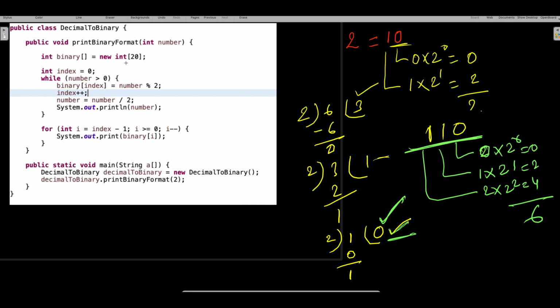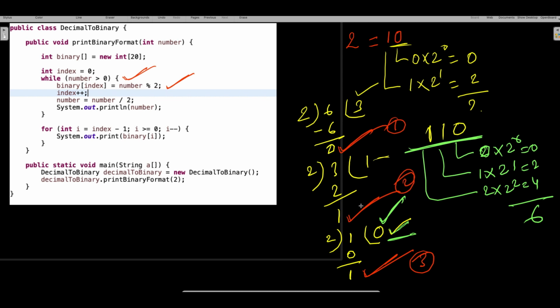So you can look at that. If you look at my program now, this is my first condition: when number is greater than 0, right? If this is the case, forget about the binary and all that for now. Do not focus on that. Now I am doing number modulus by 2, which will give me the remainder. So this is the remainder, right? You got it? These 3 are remainders.